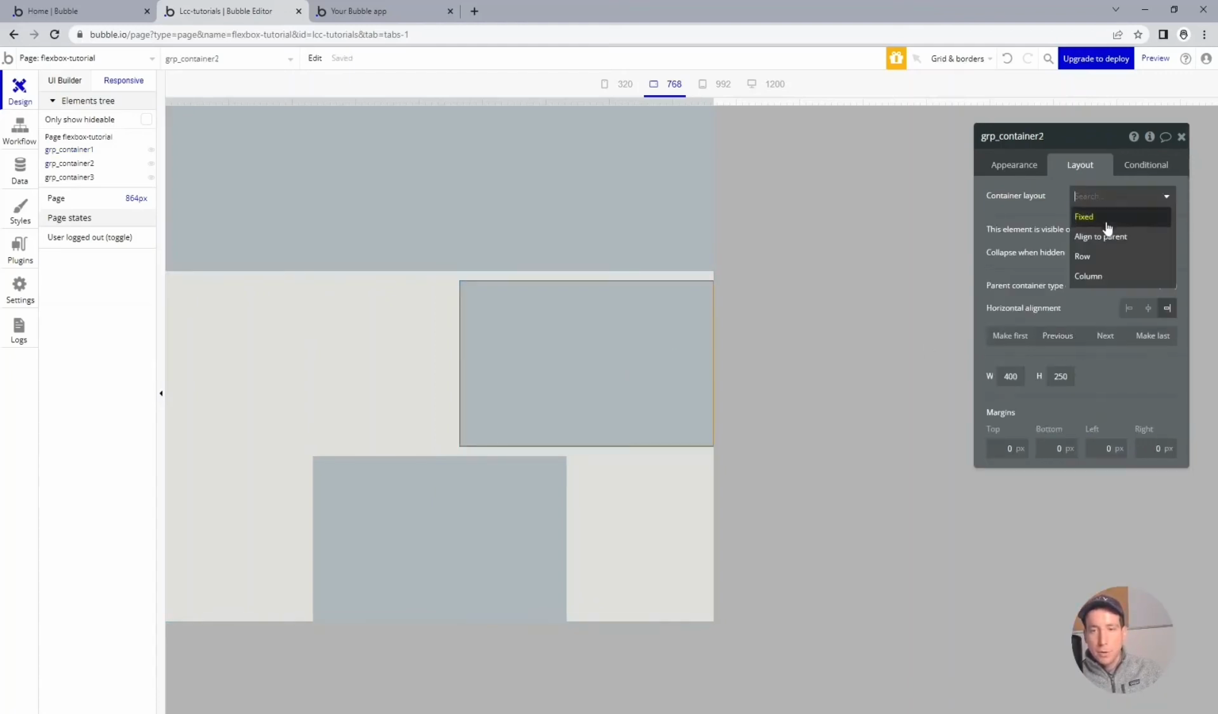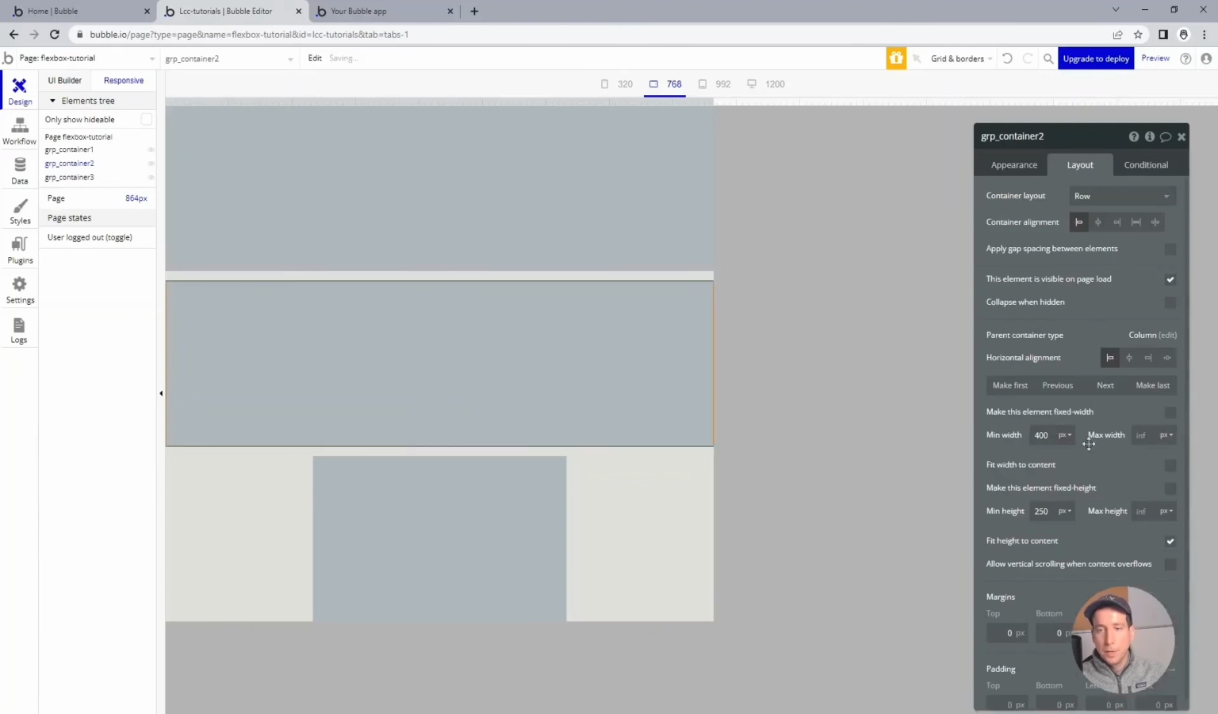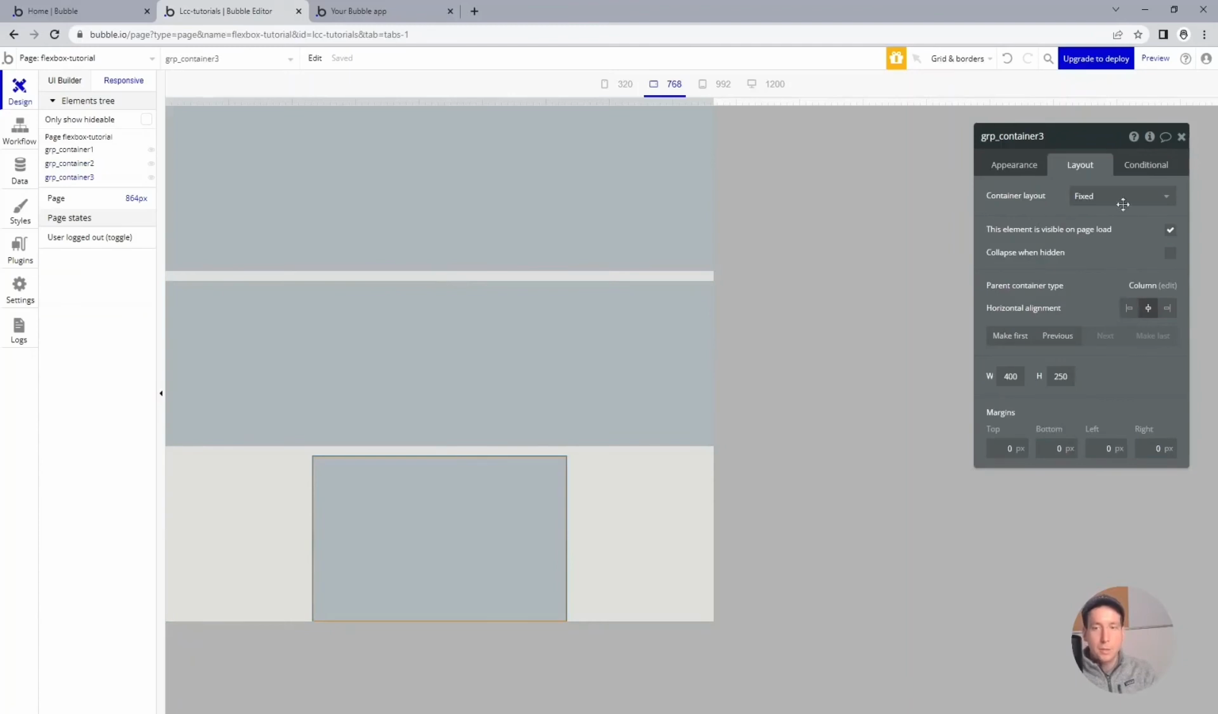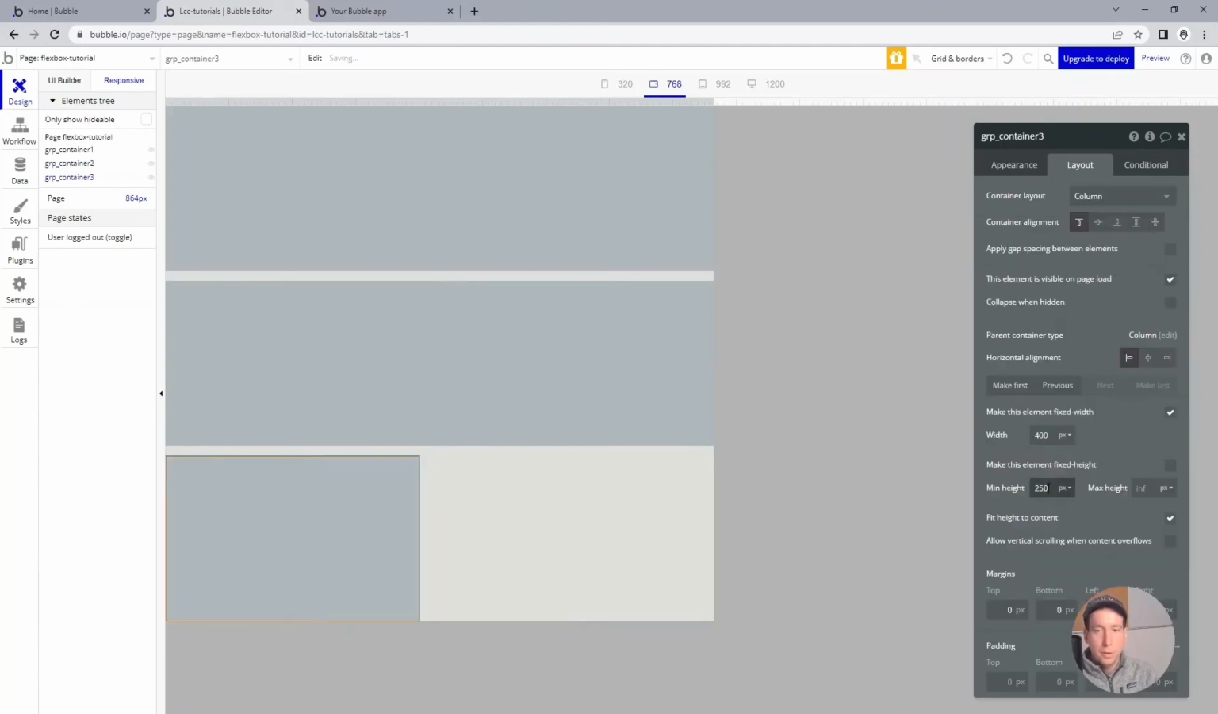And we are going to do the same with the second group, but this time we are still making it a flexbox container, but we are applying the row layout, and this has to do with the cards that we are going to add to this later on. So here we will pick row and do the very same. We're going to remove the minimum width, and here with the third group,